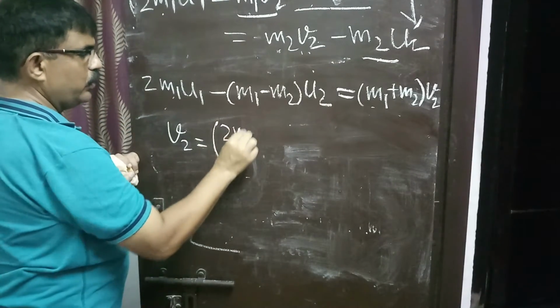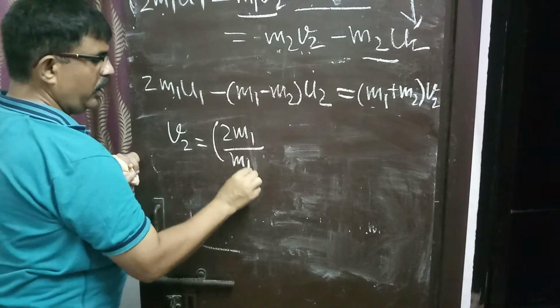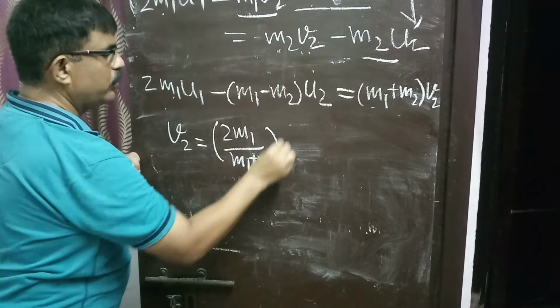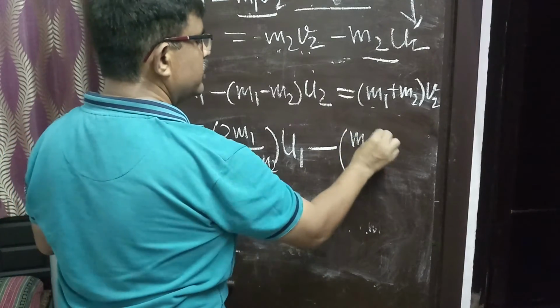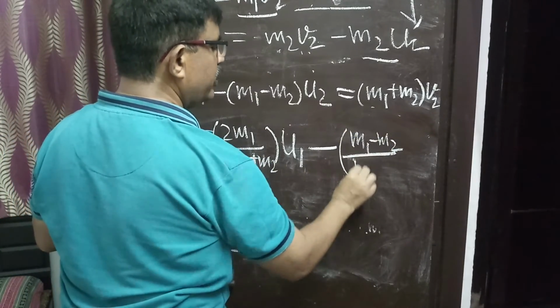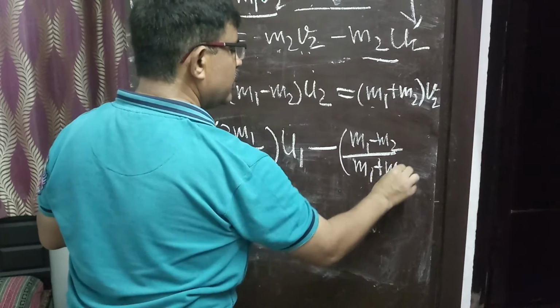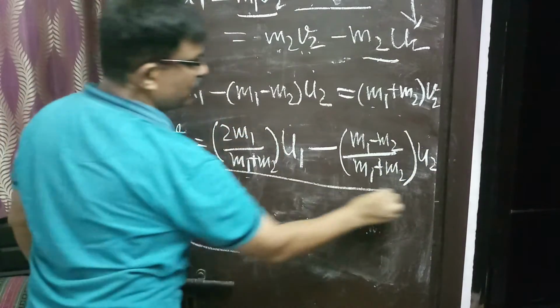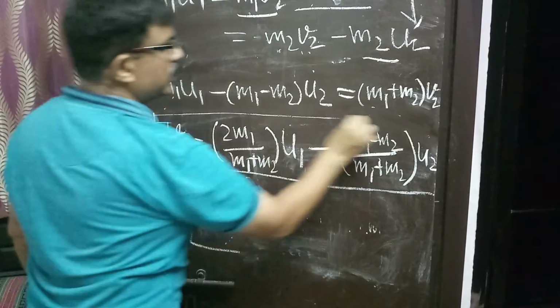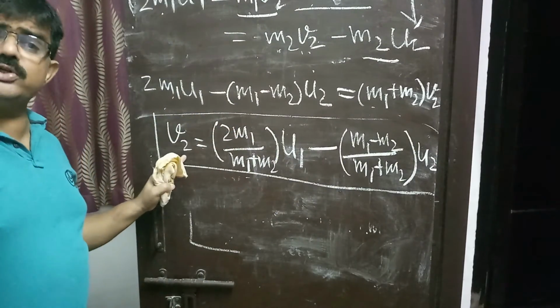This is 2m1 upon (m1 plus m2) into u1 minus (m1 minus m2) upon (m1 plus m2) into u2. So with the help of this formula we can calculate the velocity of the second body